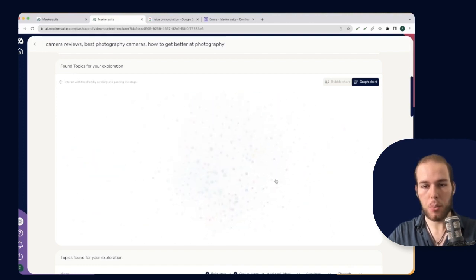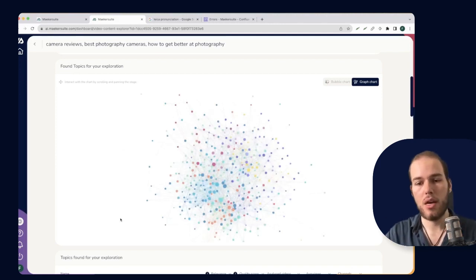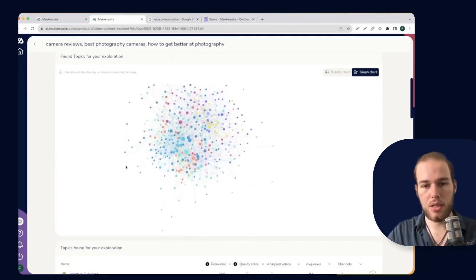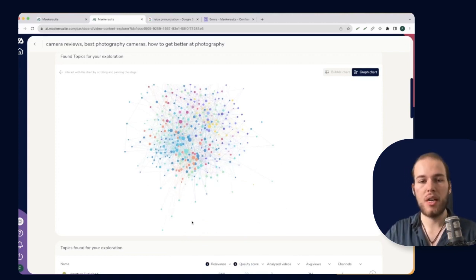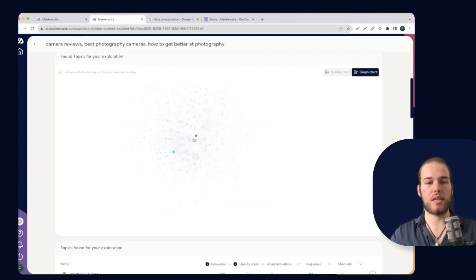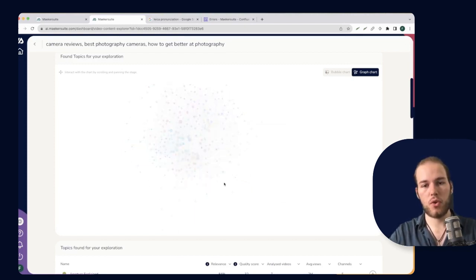And in general, also you will find that videos in the center of the graph tend to have bigger circles, so they're recommended by more other videos, whilst videos on the outside tend to be smaller, which means they get less recommendations. You, of course, want to make a video that is in the center, that gets recommended by many other videos. The way to do this is to really analyze what differentiates the videos that are on the edge of this graph from the videos in the center of the graph.